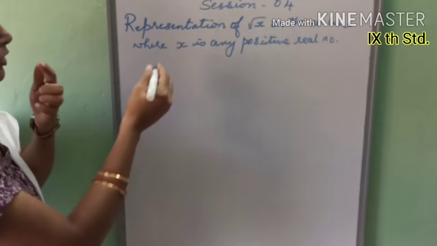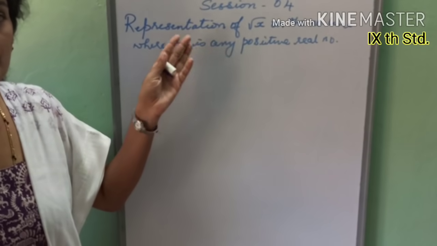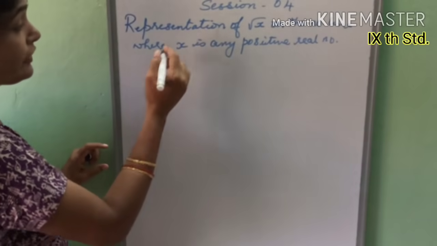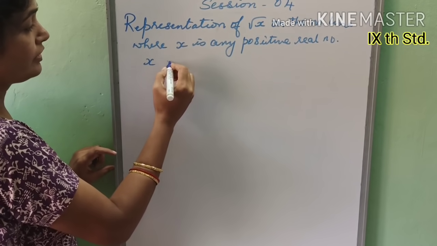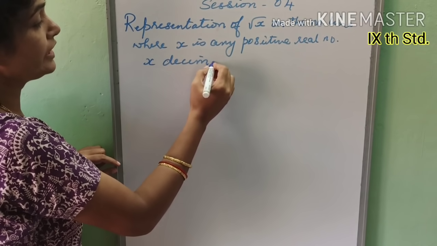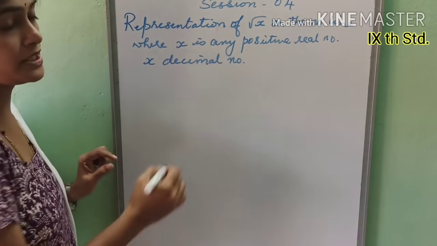Right, means that already we have represented root 2, root 3, root 4 on the number lines. Now if x is a decimal number, then how to represent it on the